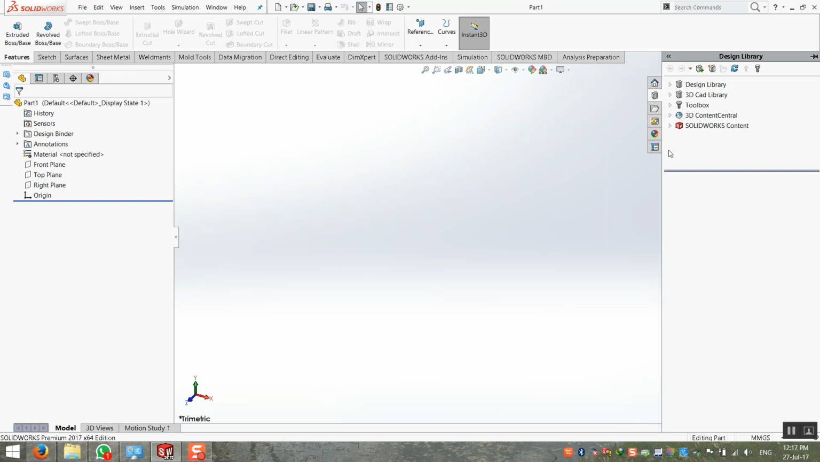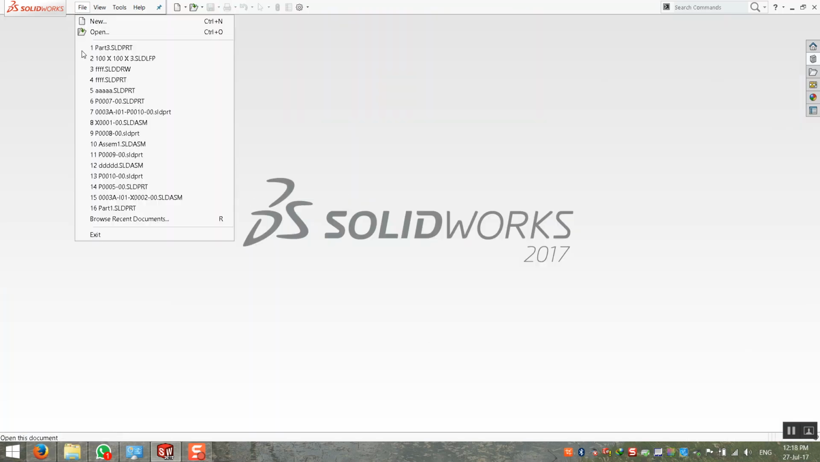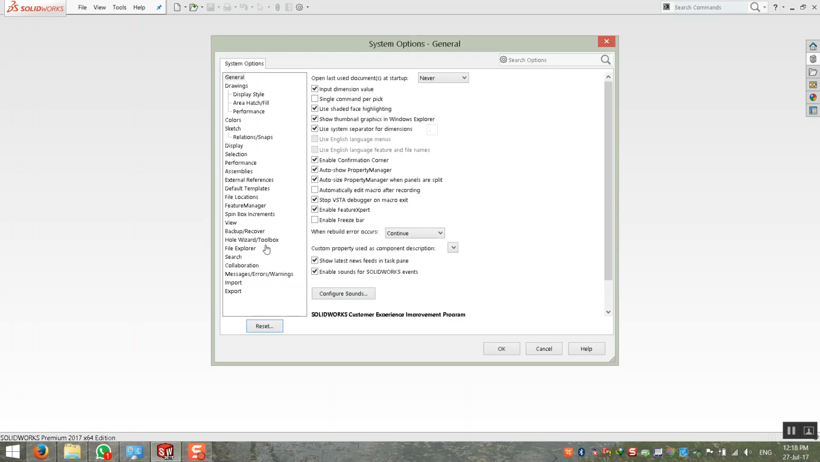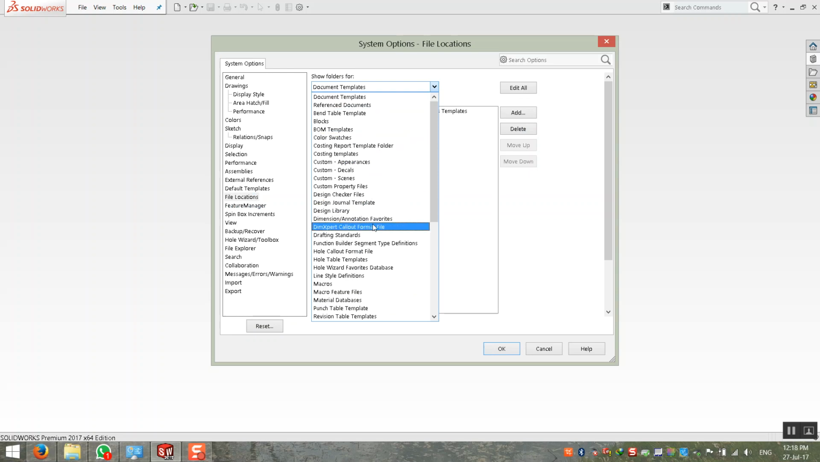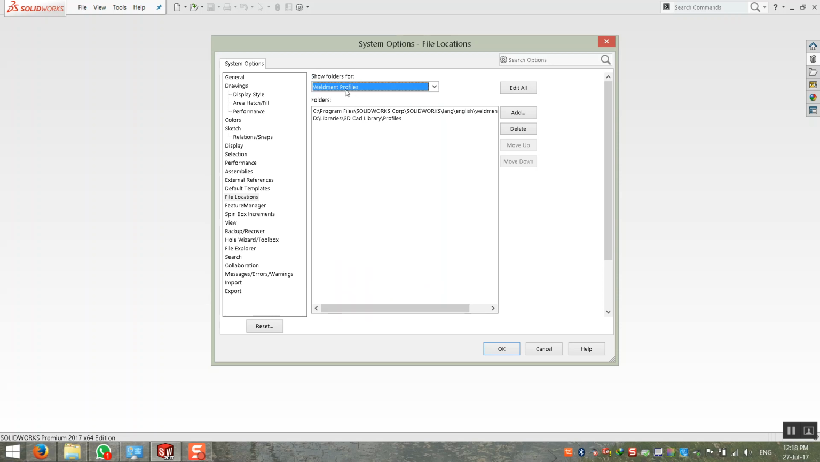Now, if you have your server and you need to create your own library, only go to options. Not important to import, no part, no assembly, no drawing, just open the program and right click on this gear, options, and go to this option, file locations, and select weldment profiles, and add